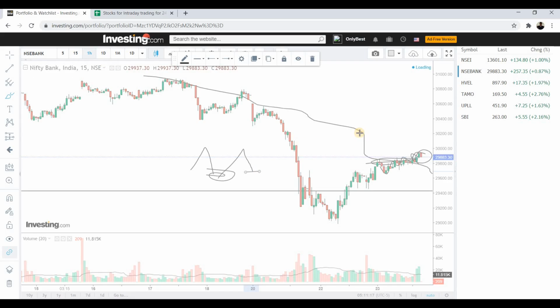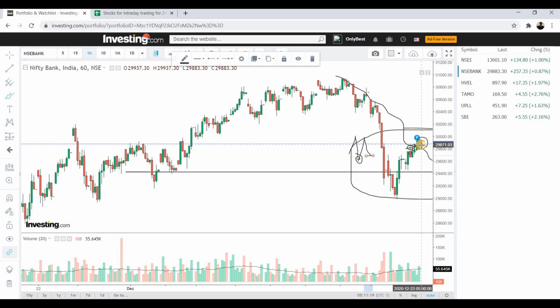So in tomorrow's session, we will be buying Bank Nifty over the market price of, let me see here, 29,000. I would rather say 30,000. 29,900. Yeah, that's the level. And the target should be around this particular candle,